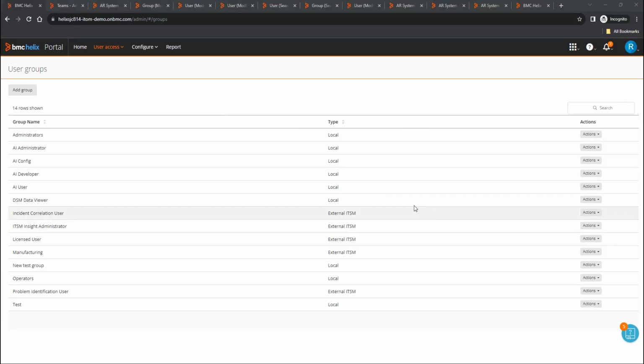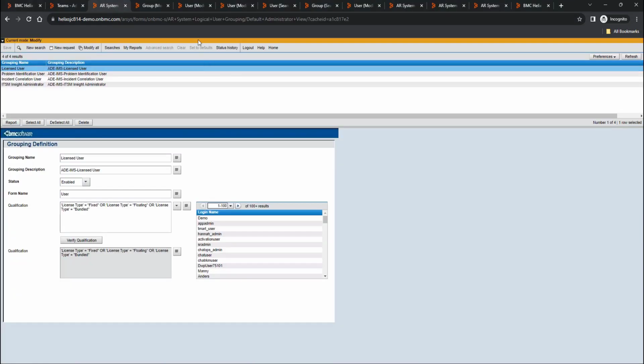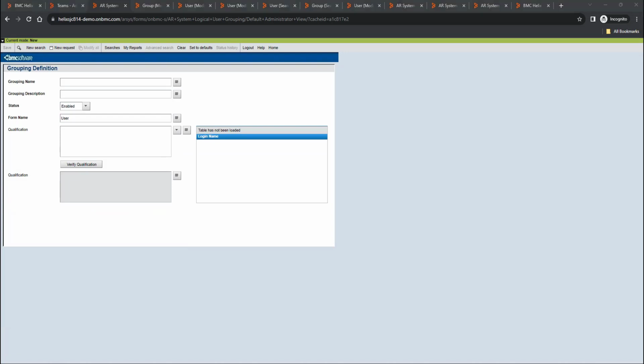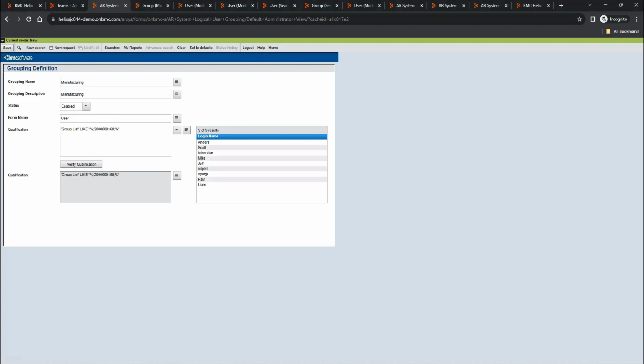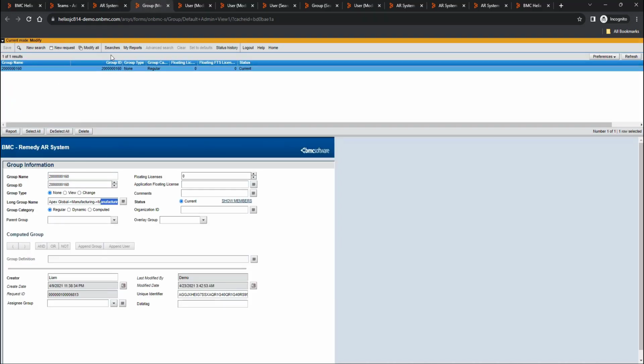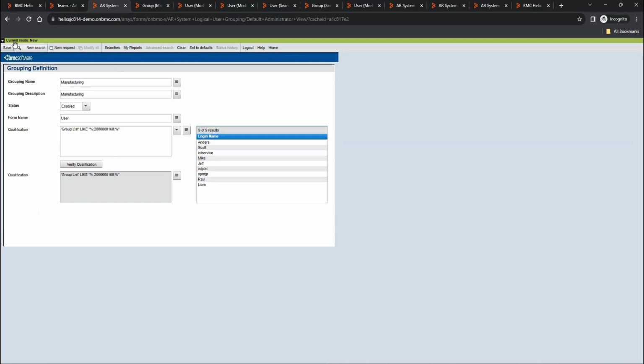Now let's look into how to create your own user groups. For that, I'll move to ITSM, in the form AR system logical user grouping. I'll create my own request. I'll have the user group name as manufacturing. Description can be the same. Status is enabled. The form I'm relying on to validate the qualification is User. I'll update my qualification and verify it. I've already pre-selected this group ID that belongs to manufacturing. So let me save this record